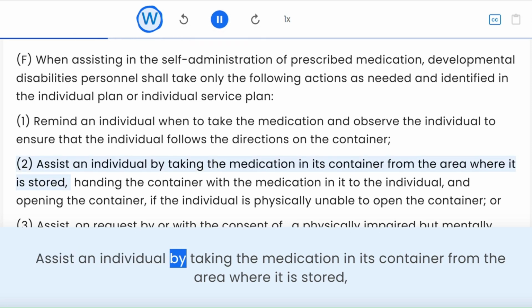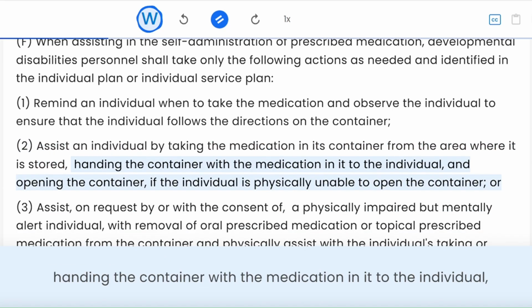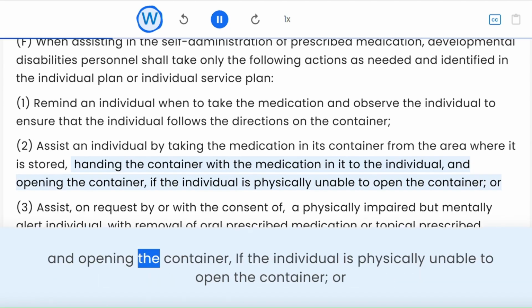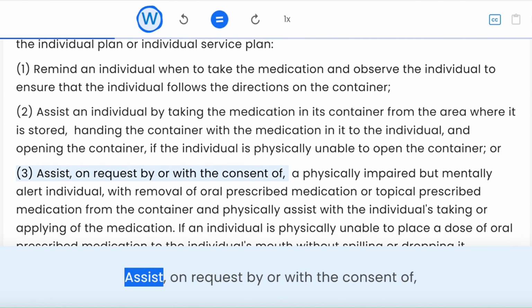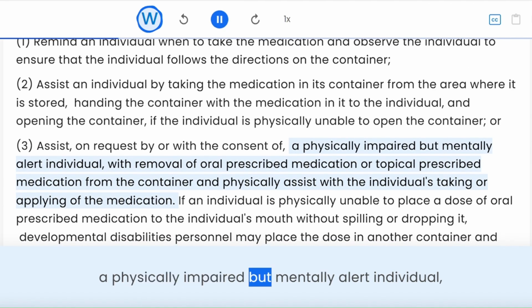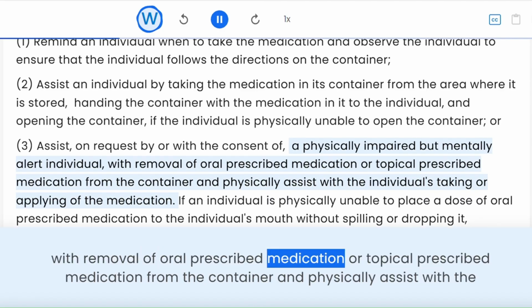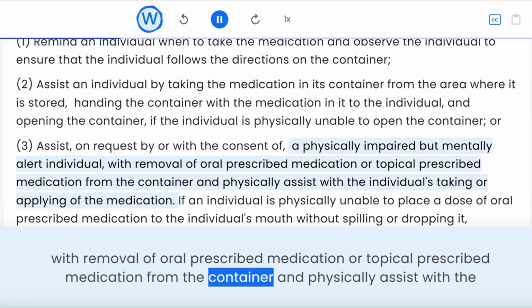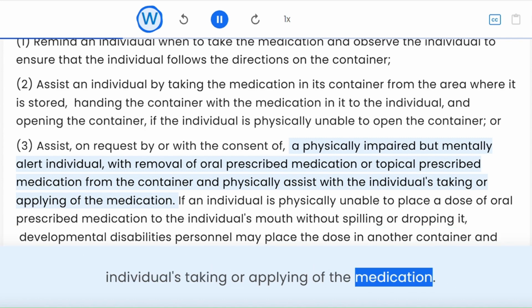Assist an individual by taking the medication in its container from the area where it is stored, handing the container with the medication in it to the individual, and opening the container if the individual is physically unable to open the container, or assist, on request by or with the consent of, a physically impaired but mentally alert individual, with removal of oral prescribed medication or topical prescribed medication from the container, and physically assist with the individual's taking or